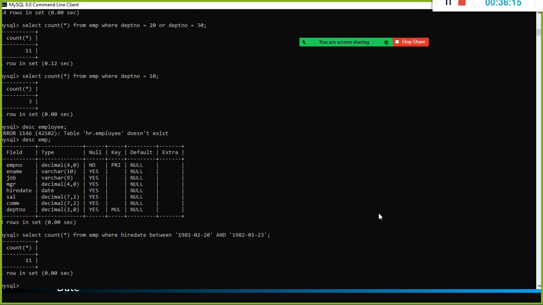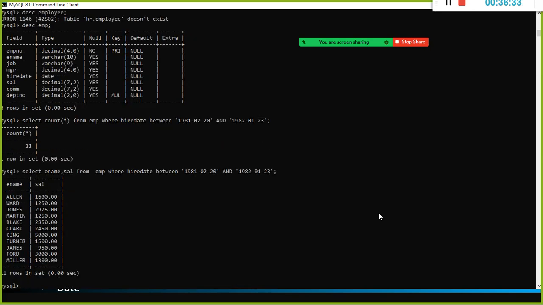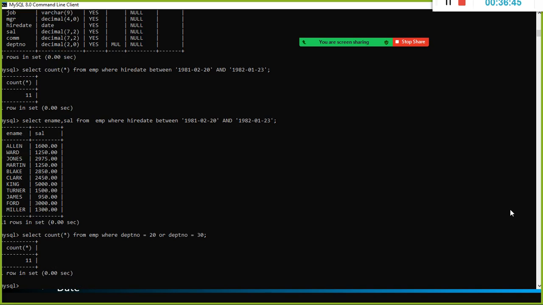The next question is, can I see the employee name, which employees got hired and what their salary is? You just need to modify this query. Press the up arrow, move the cursor, left arrow, and select it. So Alan Ward. Is this matching with the earlier one? Earlier you were able to see the OR condition, department number 20 also. Here also we saw that 20 employees were there.